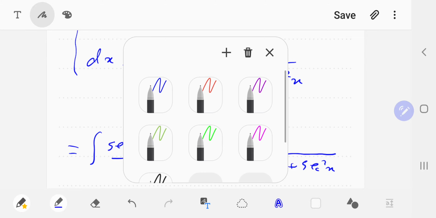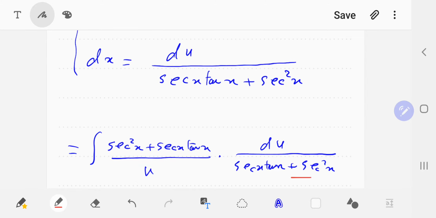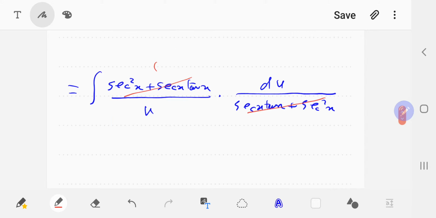Now if you simplify, all of this will be gone with all of that. So you will be left with integration of 1 over u du,